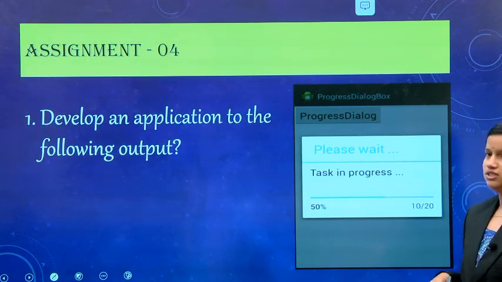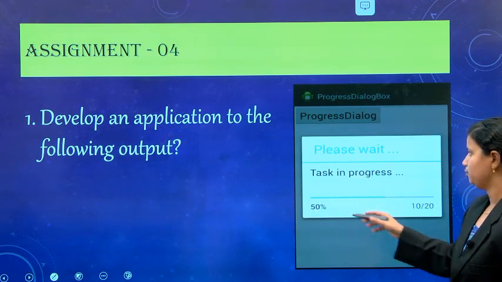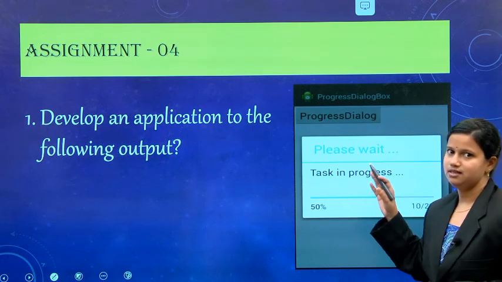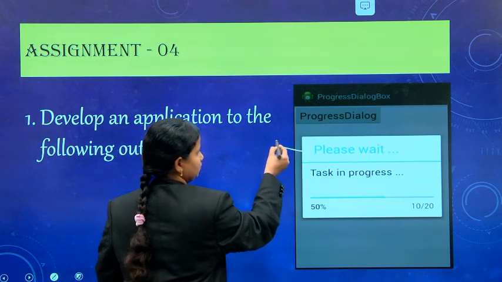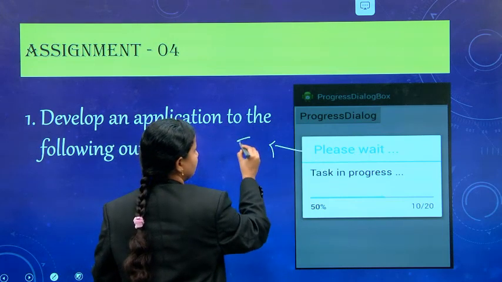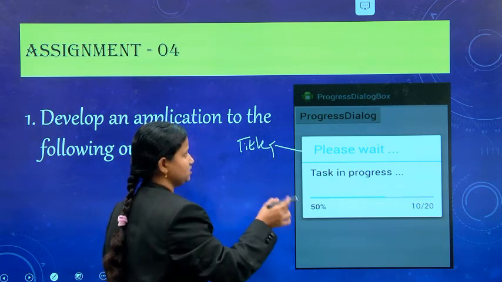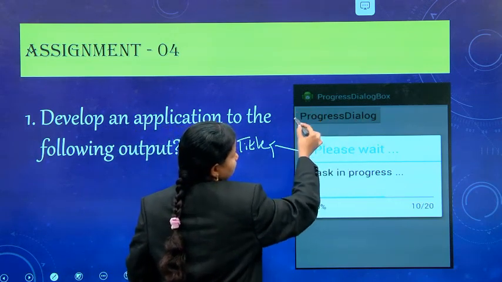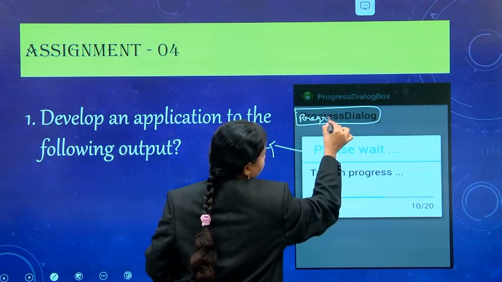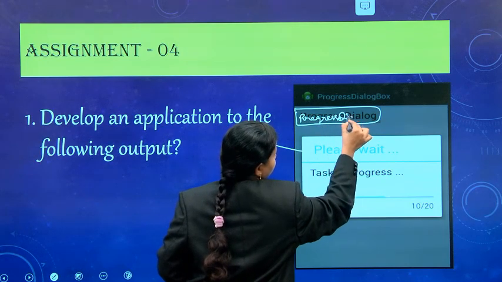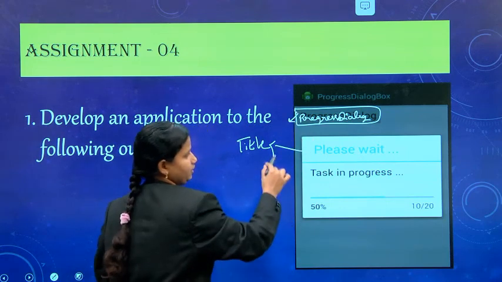Develop an application with the following output. So, what is this output? It is also a progress dialog, but here there is no icon. What are the contents to be presented in this? The first thing is, what is this? Please wait. The please wait is the title of that progress dialog. So, first observe that one. This is a screen having one progress dialog. In your user interface, it has one button. When you press that button, it will display this